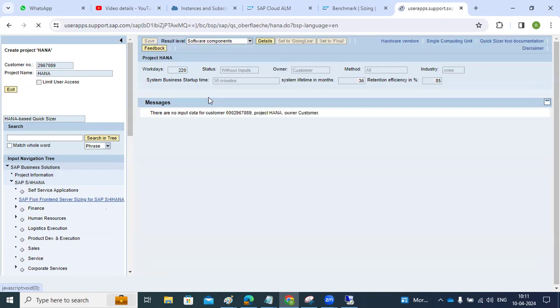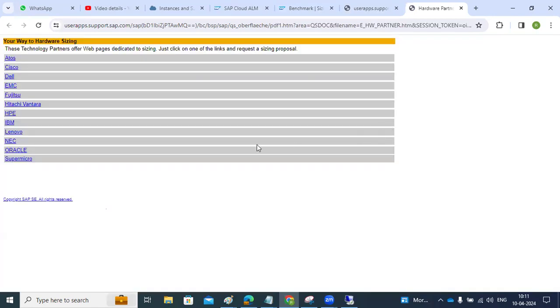Then you will come to know, based upon the data we provided, how much. You will come to know what the RAM size is, what the data file size is, and all the details based upon the inputs you provided. You will also come to know the list of hardware vendors